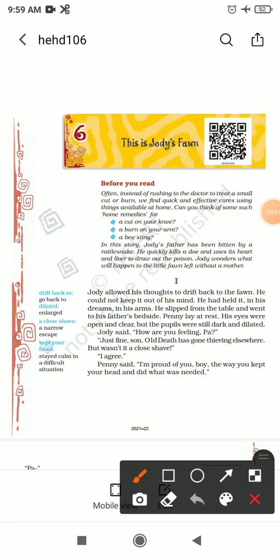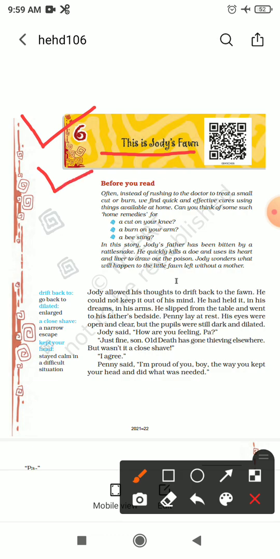Good morning, students. Today we shall study Lesson 6 of English Literature. The topic of the lesson is This is Jody's Fawn, and the author of this lesson is Marjorie Kinnan Rawlings. So, before starting the explanation and the reading of the lesson, let's read what is given before you